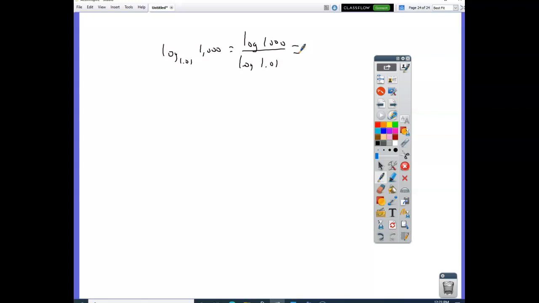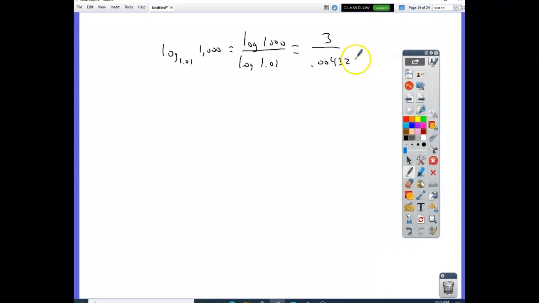Correct. So log of 1,000 is 3. Oh, what? I should be able to do that without a calculator. How do I know that? To what power do you raise 10 to make 1,000? 3. All right, this one I don't know. Raise 10 to get 1.01. 0.00432. Give me 2 more digits. 1, 4. And so I'm going to do 3 divided by log of 1.01, and I get a whopping